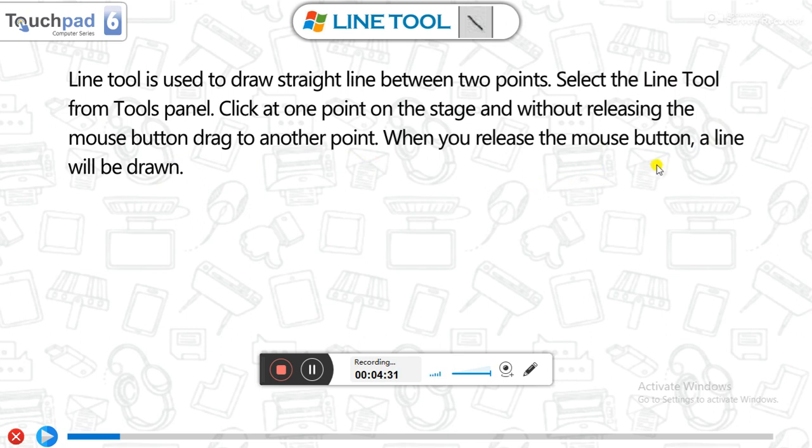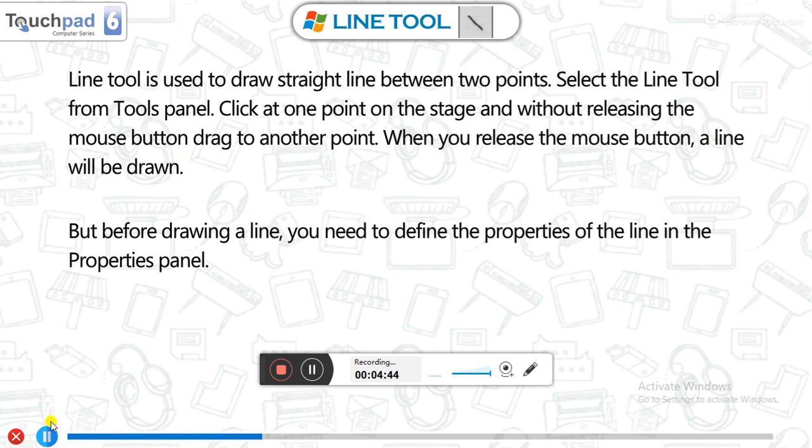When you release the mouse pointer, you will see that a line is drawn. Very simple to use. Before drawing a line, you need to define the properties of the line in the property panel.